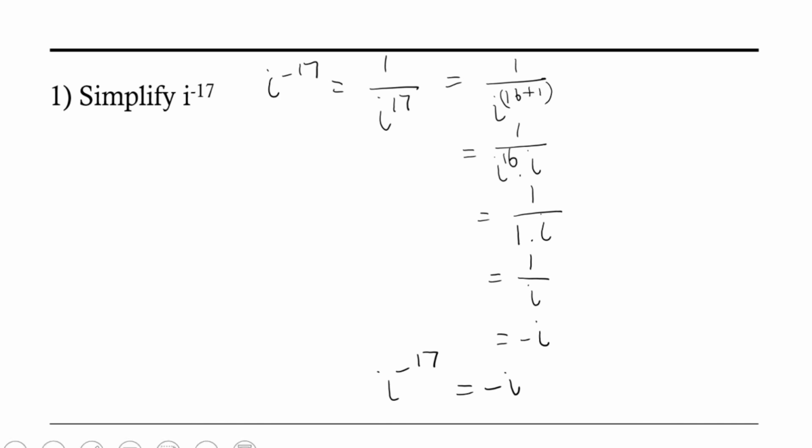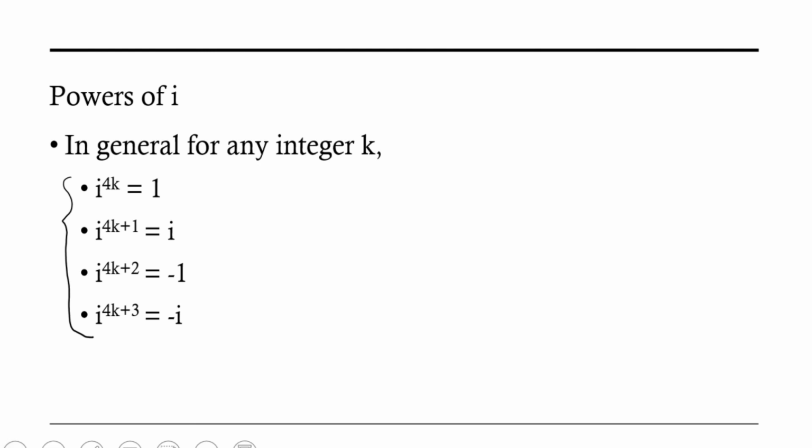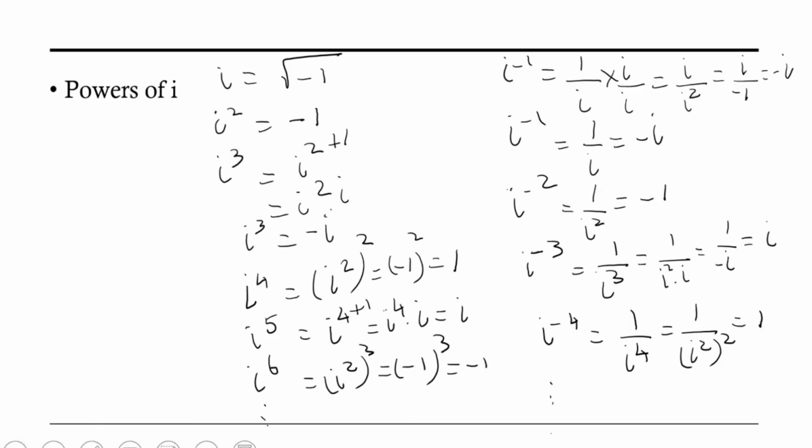We can use this general formula, or we can remember all these different powers of i. The simple ones we have to remember mainly are: i is equal to root of −1, i² is equal to −1, and 1 by i is equal to −i. These are some of the important ones. If you remember these, the other things we can do automatically.